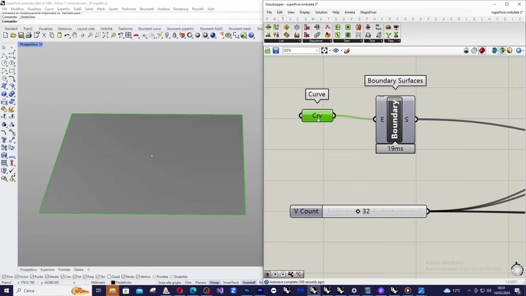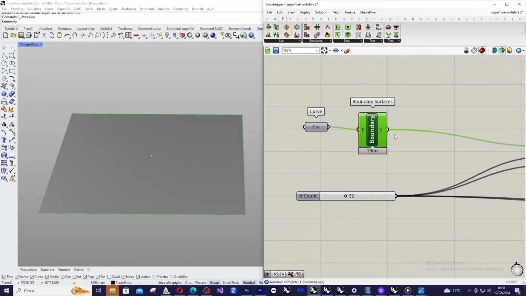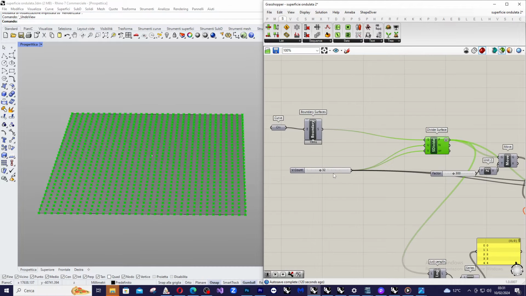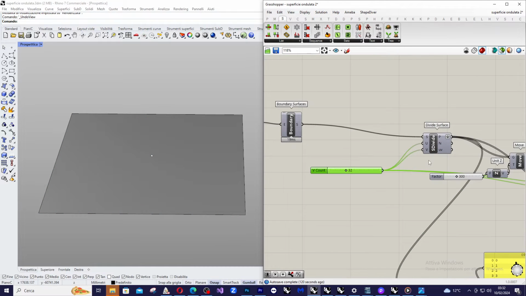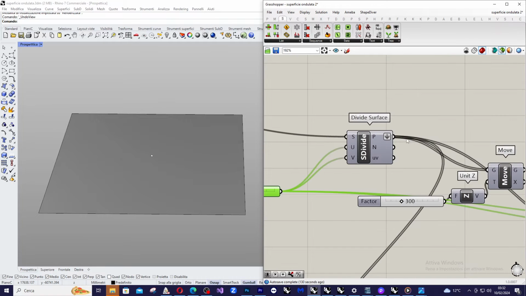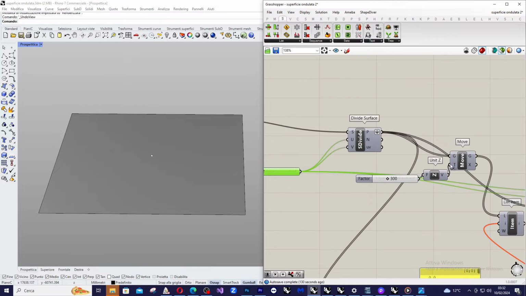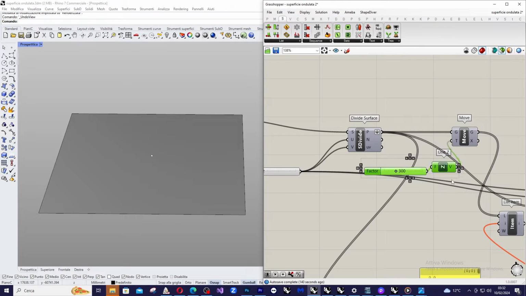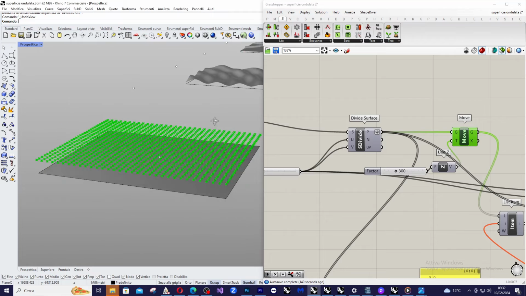So we start from the boundary curve. We create a surface, this at the beginning flat surface, with a boundary surface component. Then we are going to subdivide this surface into a grid of points. I use 32 as starting input for U and V. Then I'm going to move all these points in Z direction of 300. This is what I obtain,